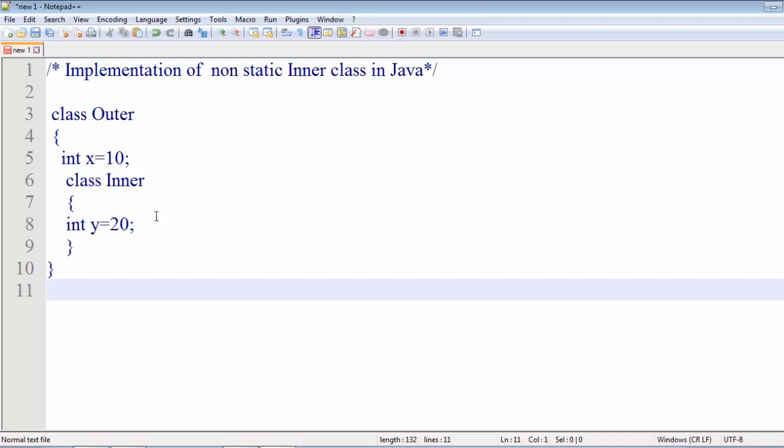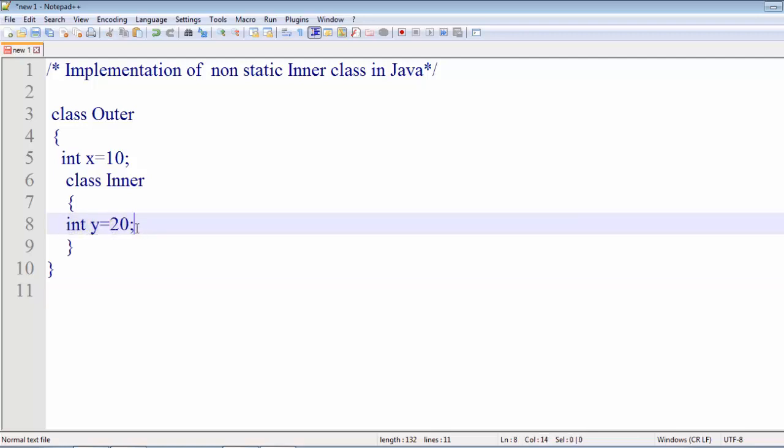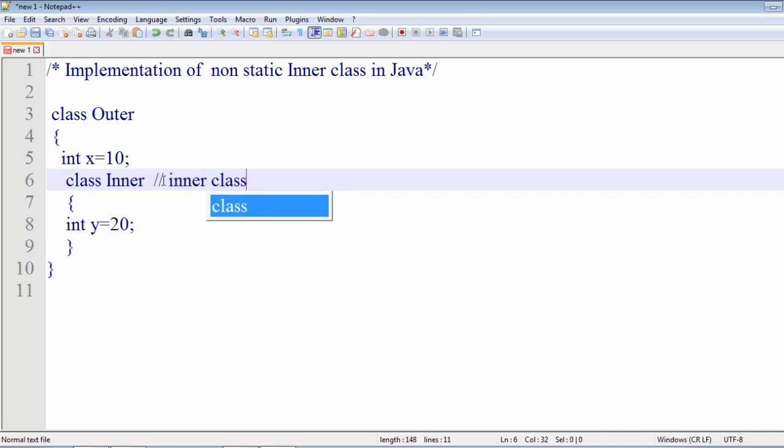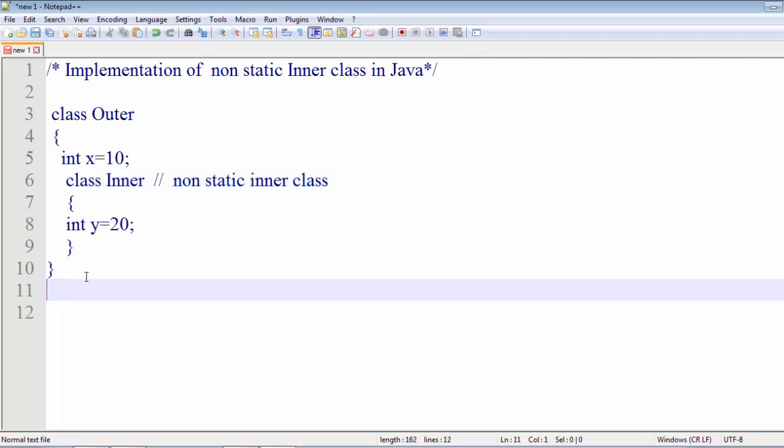The main algorithm of this topic is that we have to access this particular variable, retrieve this value of y, with the help of the concept that we have just seen. So this is the inner class we have created, that is non-static.